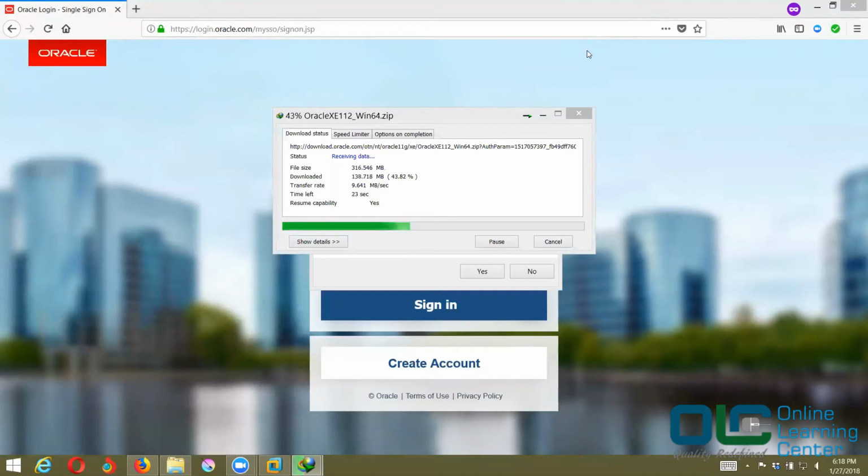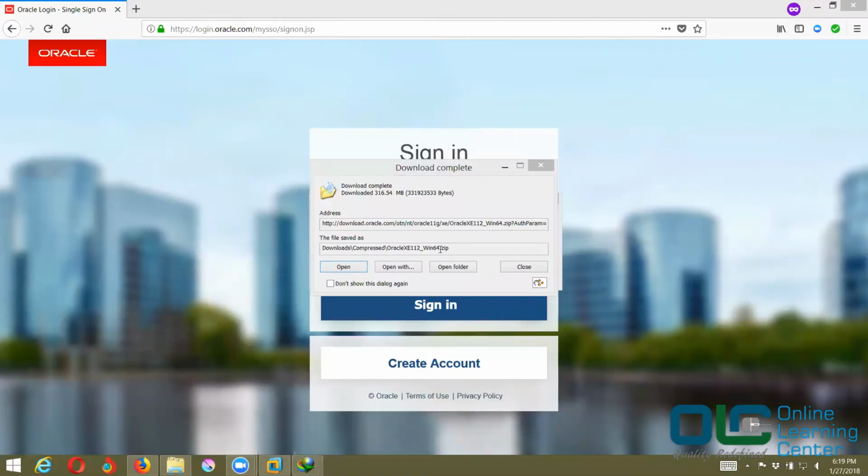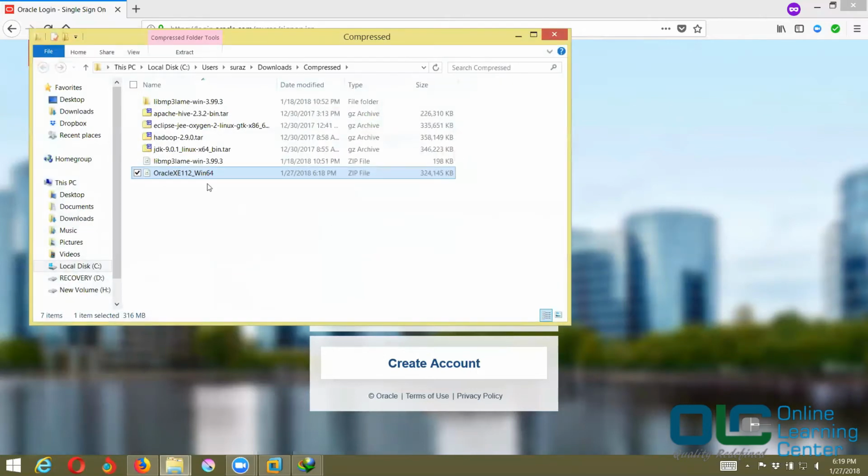Oracle is getting downloaded. All right, so once it is downloaded successfully, you can say open folder. You got a zip here, right?